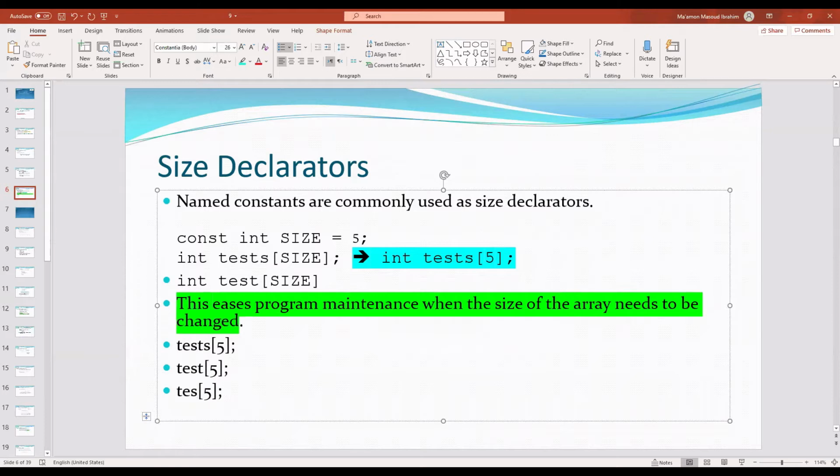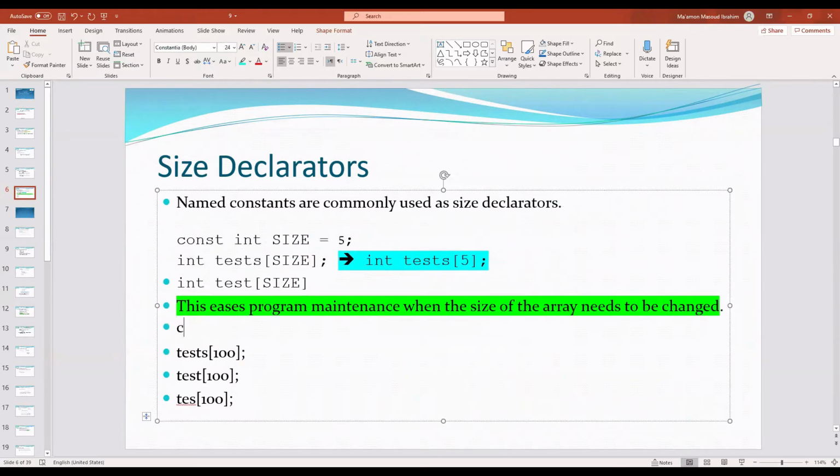Okay, you need to go to all your declarations and change the size from 5 to 100. Go here to 100 and go here for 100. So this somehow will cost extra time and effort for you. Okay, but if you have used here a const